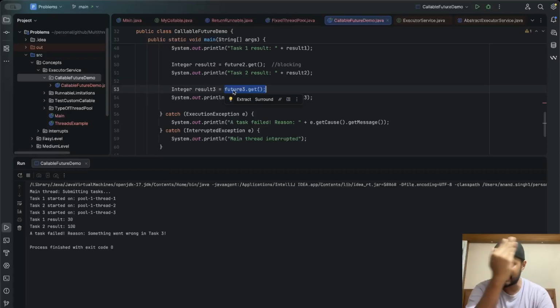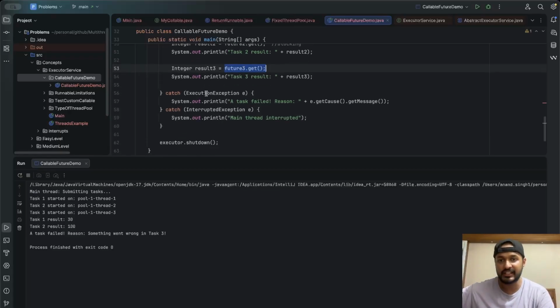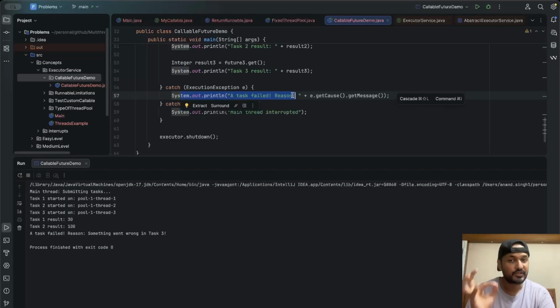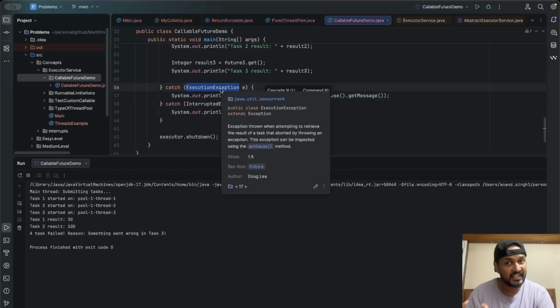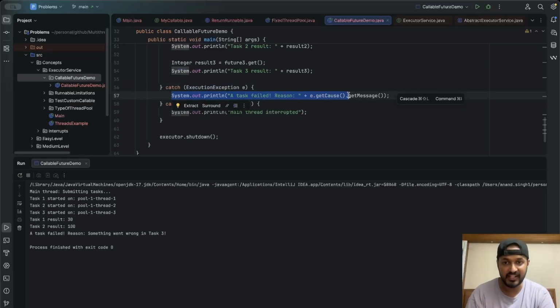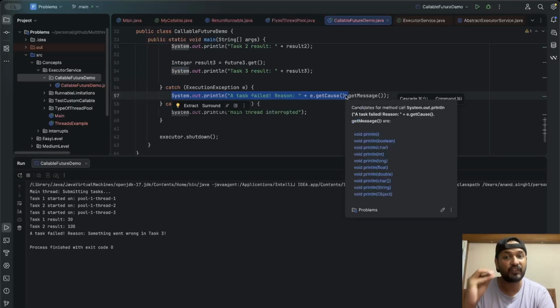The exception crosses the thread boundary, gets wrapped inside the ExecutionException, and is delivered right here to our catch block. So the exception thrown by our callable is saved inside the future, and as soon as we write future 3 dot get, that exception is caught inside our caller and a valid error message is printed, right? So we know exactly which task failed and exactly why it failed.